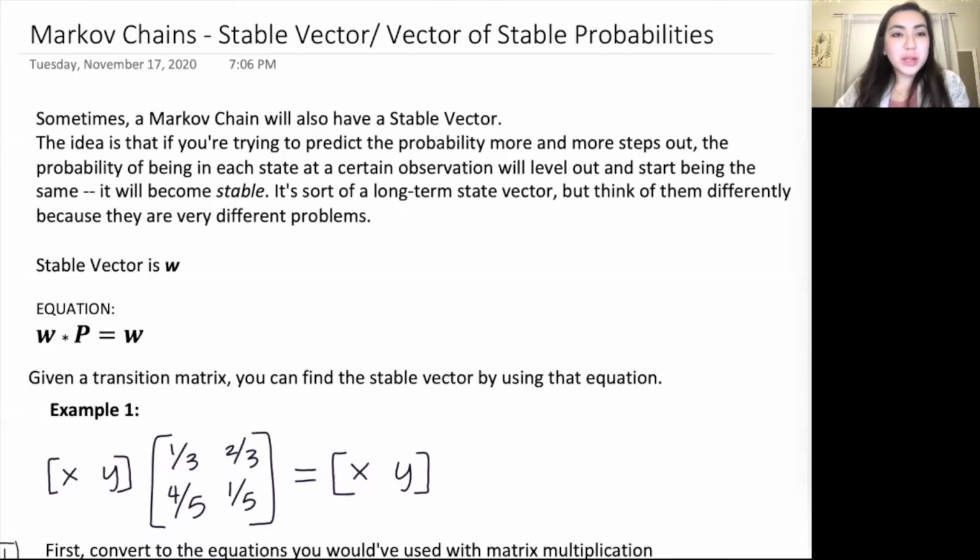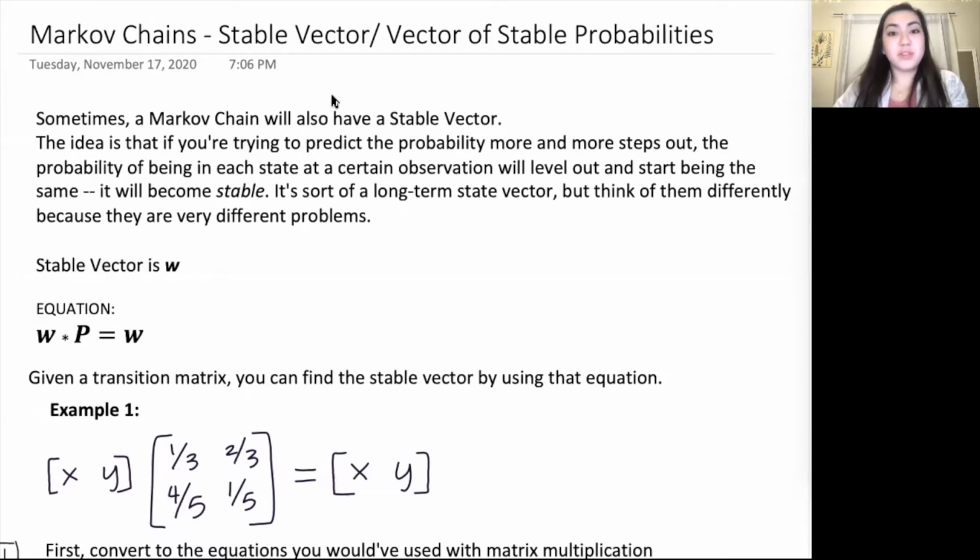All right, in this one, I'm going to go through the stable vector, or vector of stable probabilities, with Markov chains. This is part 3, so make sure you know how to do transition matrices and state vectors. I'm also going to go pretty fast,